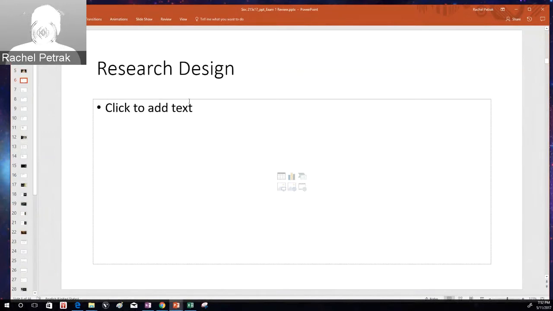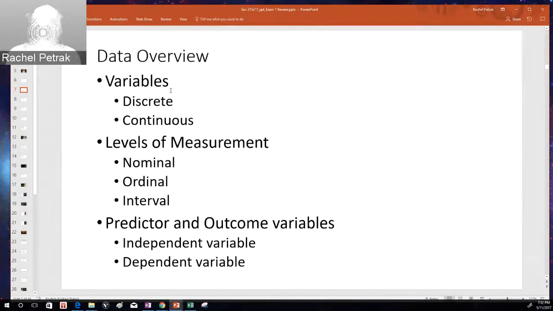Imagine there's a cute picture here, and we'll discuss research design. I want to start with an overview of some summary topics we discussed across a couple of these early chapters and put them together here for you real discreetly. So first, variables are lists of numbers that are all related, all measured in the same sampling